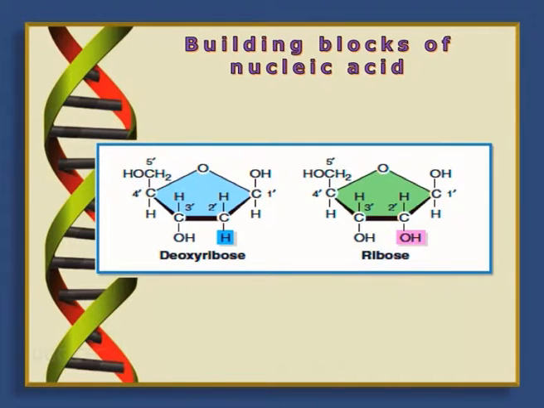Now why is there this difference? If you notice the chemical structure, there is an absence of an oxygen atom at the carbon 2' position of deoxyribose, which is found in DNA, and in case of RNA it is the ribose sugar. What chemical characteristics this imparts to the nucleic acid we will cover at a later point of time. So after knowing about the deoxyribose and ribose sugar, let's move to the